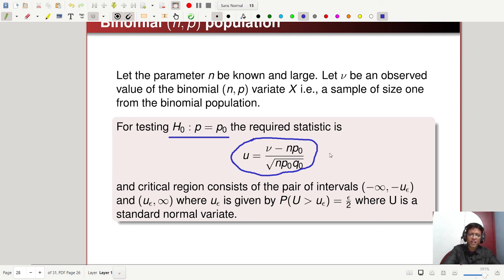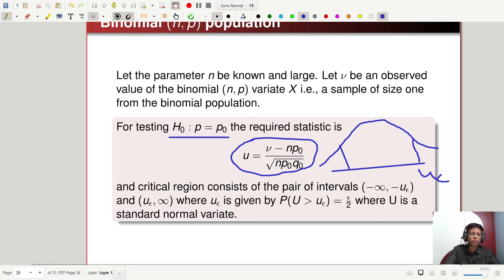So you have this statistic, u equal to nu minus n p naught by root over n p naught q naught, and nu is an observed value of the binomial (n, p) variate. It is an observed value. And the critical region will be a pair of intervals, where u is a standard normal distribution curve. So you have a pair of intervals,